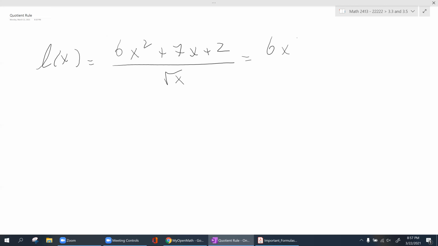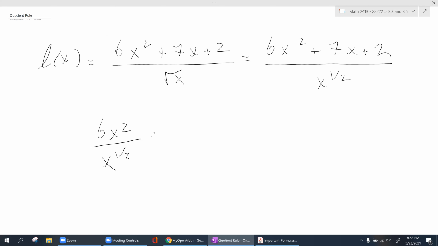So this is 6x squared plus 7x plus 2 all over x to the 1/2. There are 2 things you can do here. You can apply the quotient rule, which is the bottom times the derivative of the top minus the top times the derivative of the bottom all over the bottom squared, or you can go ahead and write this out as,